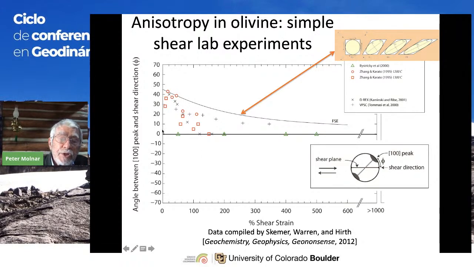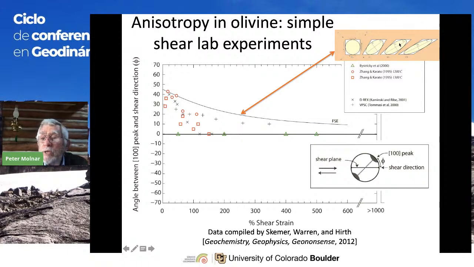And this is a plot, this is a little confusing, or confusing for me too. This is the angle between a certain orientation of the olivine crystal and the orientation of shear. So we can look at this as the orientation in the crystal, this is the orientation of shear. And as you strain this more and more and more, what happens is the strain ellipse, of course, stretches, and the orientation of this 100 plane or direction rotates around and becomes smaller and smaller. This plot is this line shown right in here.